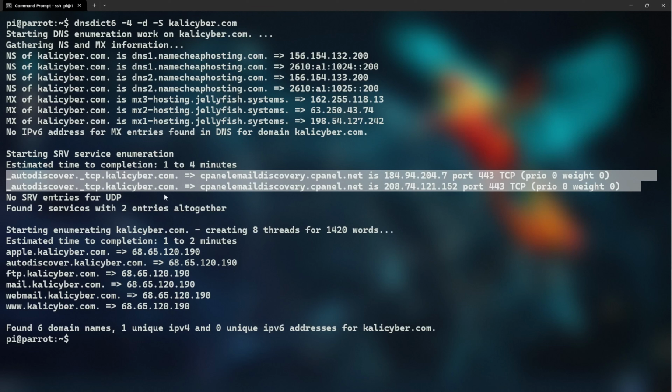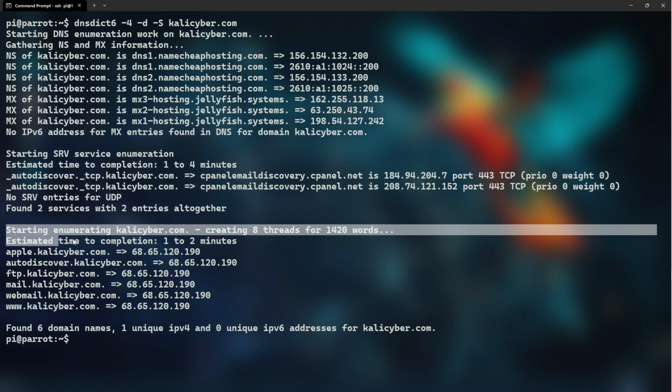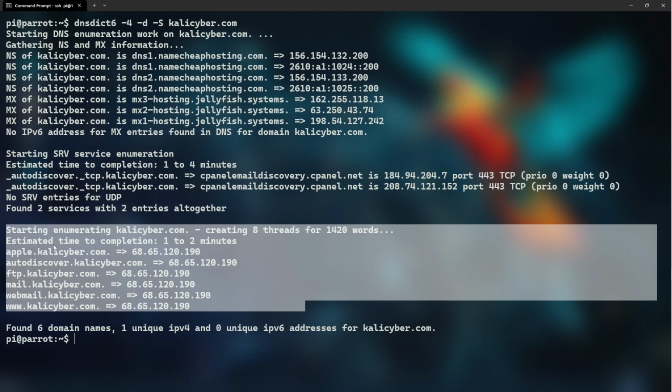So we can see here it is enumerating carlycyber.com, creating 8 threads. Okay, you can see some information here. The tool then lists various subdomains. You can see all the subdomains here under carlycyber.com, all resolving to the same IP version 4 address, 68.65.120.190. This suggests a centralized hosting strategy for web services like www, FTP, mail, and webmail, which could imply